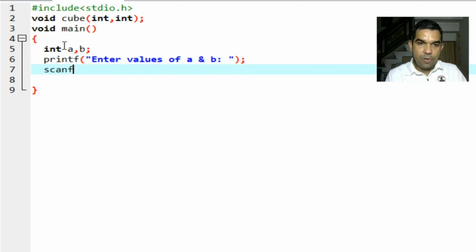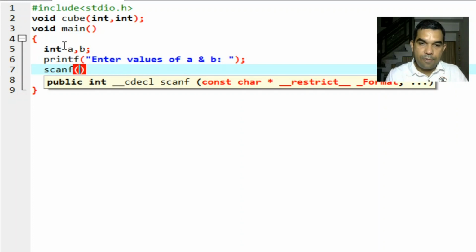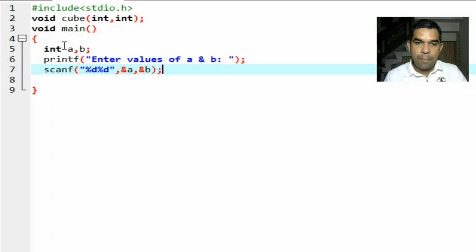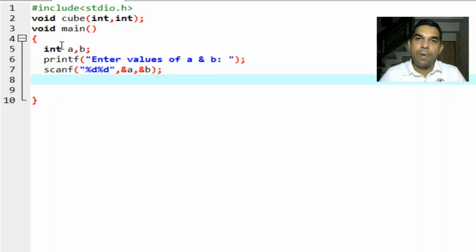Let us scan those values in the address of a and b, %d, and then address of a. The first value will be stored in a and the second value will be stored in b. So this is the normal program.